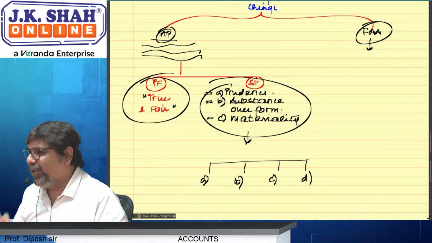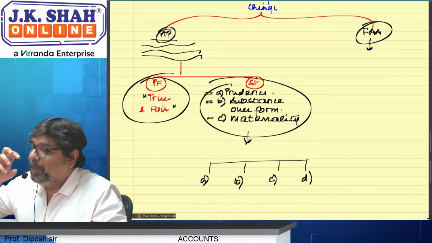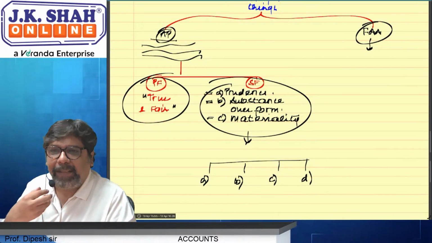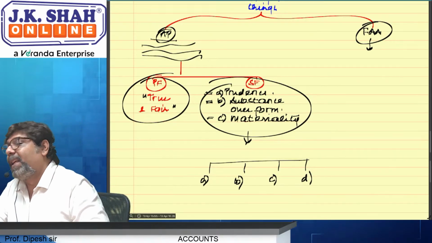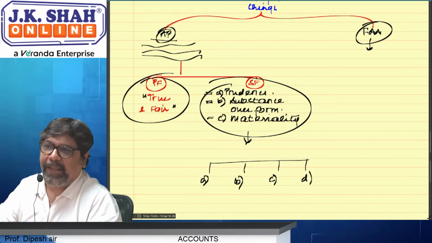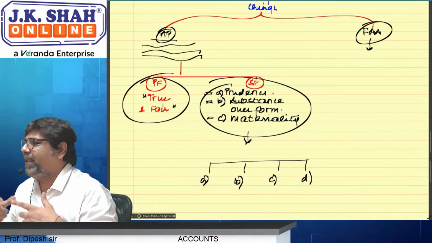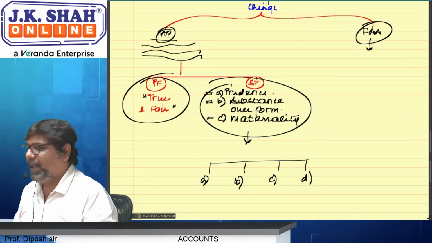Whenever we are doing accounts, by default we assume that the business will be there next year. If there is something which makes us believe that business will not be there next year, then we will prepare the balance sheet with realizable values of assets and liabilities. The values of assets and liabilities at which value? Realizable value. Second assumption, accrual basis.